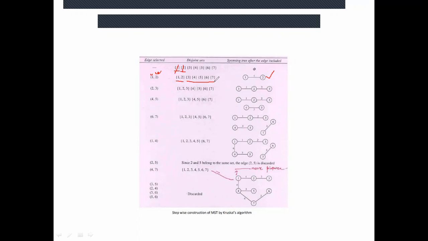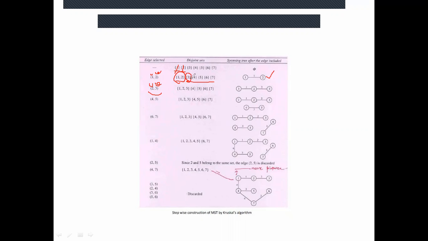Okay, Neha, the next edge to consider according to weight is 2, 3. Okay, now 2, 3. Yes, U is 2, V is 3. Tell me, what is the set of node 2? It belongs to this one, and 3 belongs to a different set, this one.